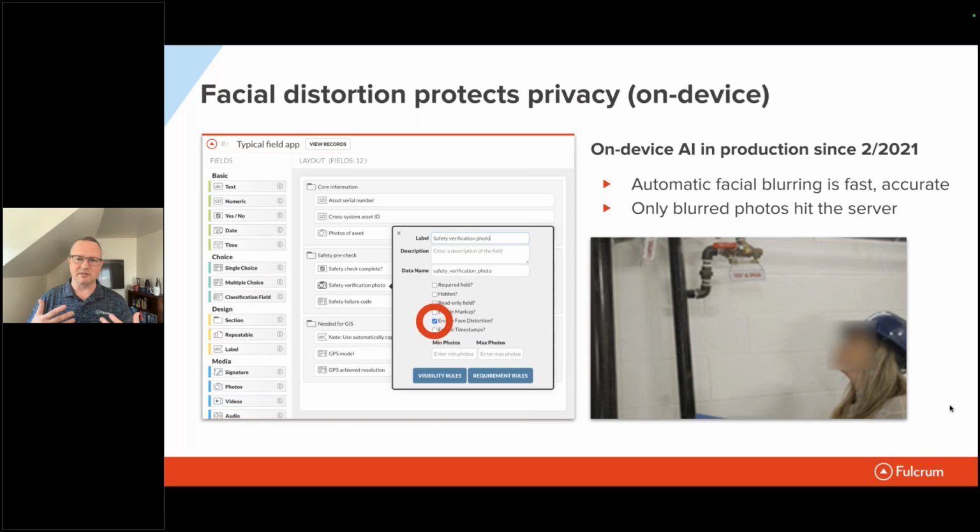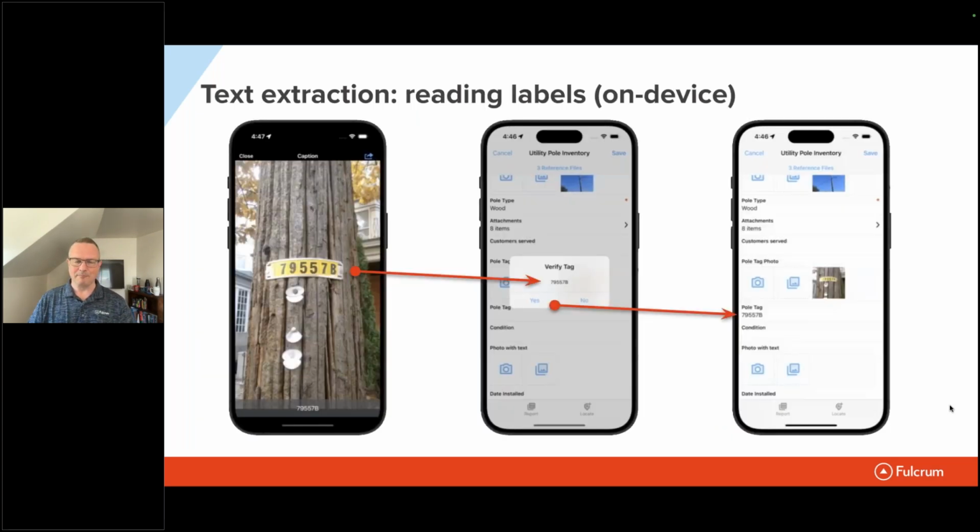So we've been doing this for a number of years now. AI has been making some significant strides, and because of the strides that AI is making generally in the market, we're able to do more now than we could back in 2021. And that's part of the reason that we're here to talk, is you'll see the big differences that come out. One of those is being able to grab text from labels. So I take a picture of a tag. It says, is that the correct interpretation of that tag, right? Do I have the digits correct? If I say yes, then it goes into the pull tag field,